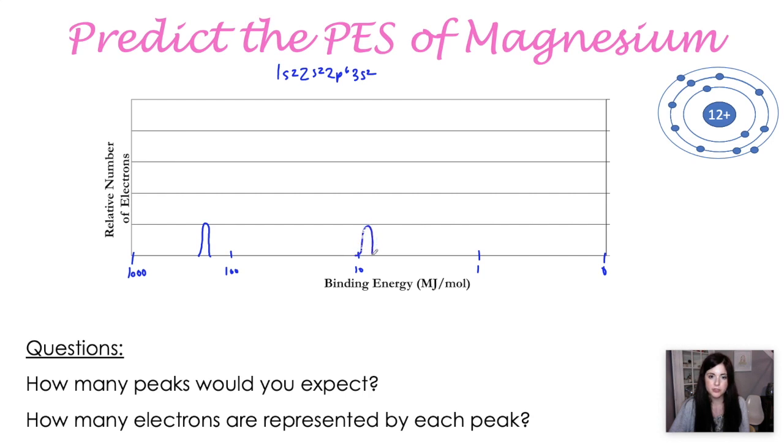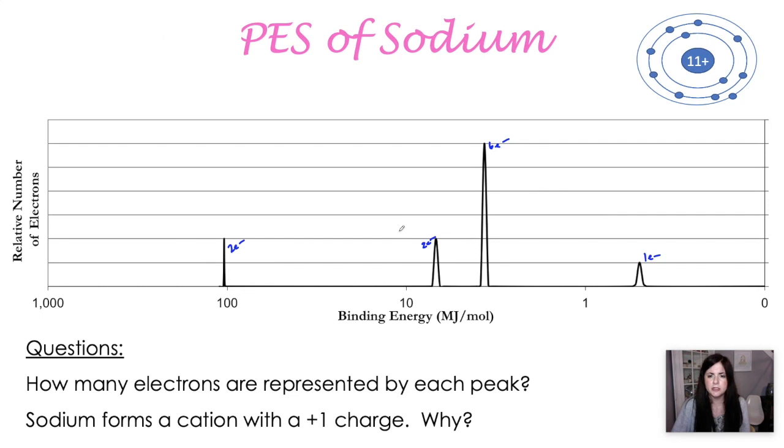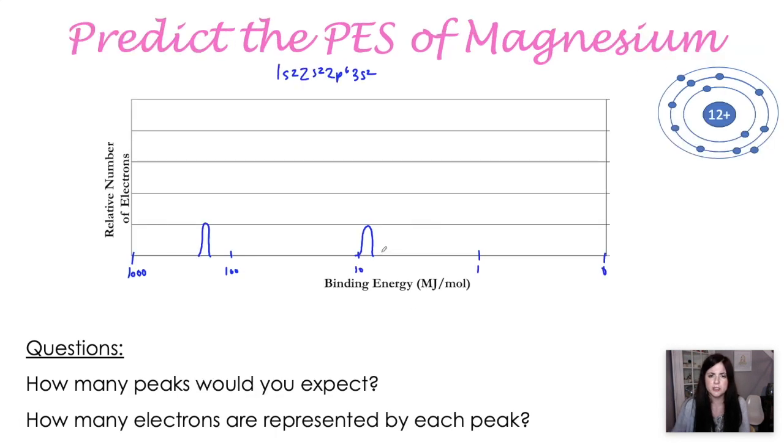There's my 2s2. And then I'm going to draw my 2p6. This one should be relatively close to the one before it. Let's just take a peek here and see. Yeah, I'm just going to draw this one kind of right next door. You're not going to be asked to do a totally perfect photoelectron spectrum, but